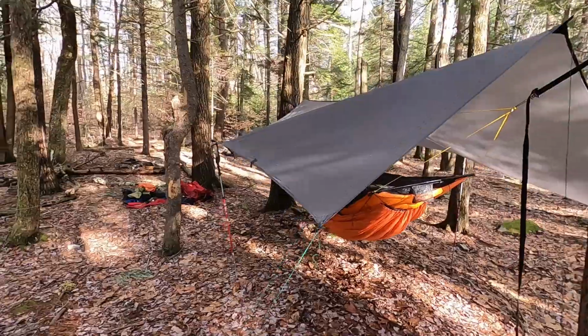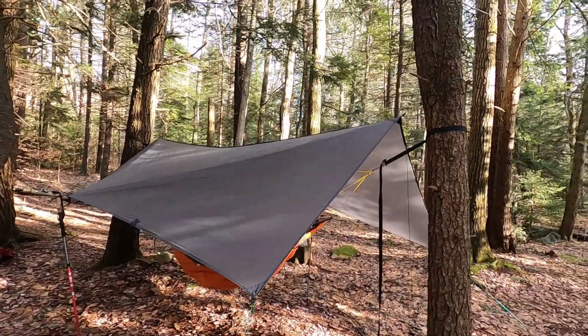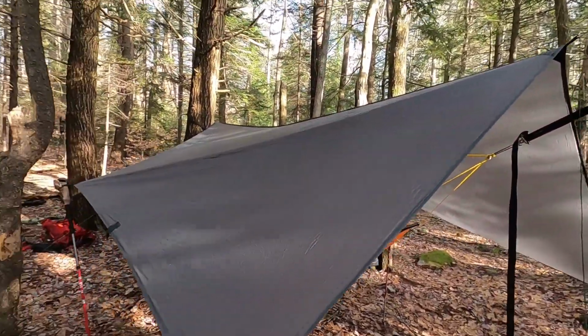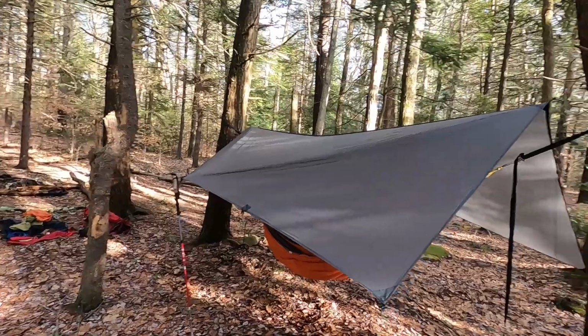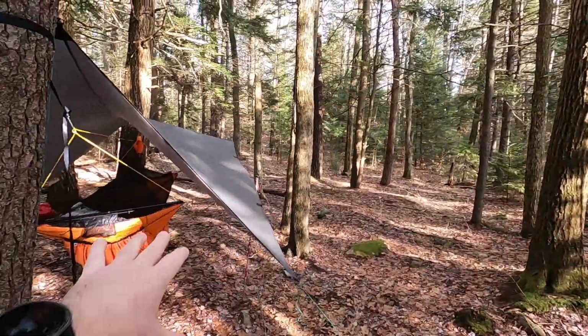Okay, so I'm all set up. It's been a while since I've set up the bridge hammock, so I had to go back and forth and tweak it a couple times. And I've got my tarp set up really high and in a really funky configuration here, keeping it up as much as possible on the sides. And that's simply because